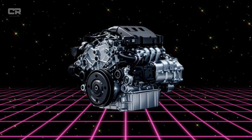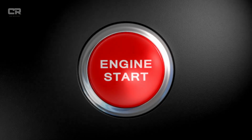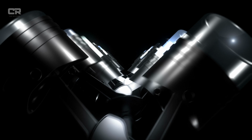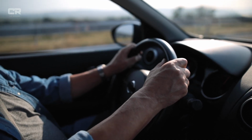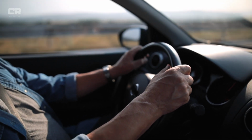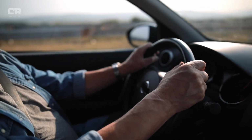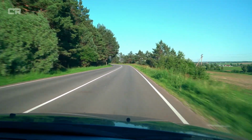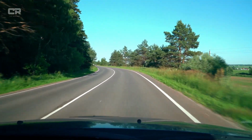Moving up the spectrum, we come across the more powerful 1.0-litre TCE turbocharged petrol engine. This is available in 2 tuning options, 90 horsepower and 110 horsepower. The 90 horsepower variant produces 160 Newton-meters of torque and may be mated with either a 6-speed manual or Dacia's new 7-speed dual-clutch automatic transmission. The 110 horsepower type, new for the 2025 model year, provides 200 Newton-meters of torque and is only available with a dual-clutch automatic transmission. These engines strike a solid balance between performance and efficiency, making them ideal for both city